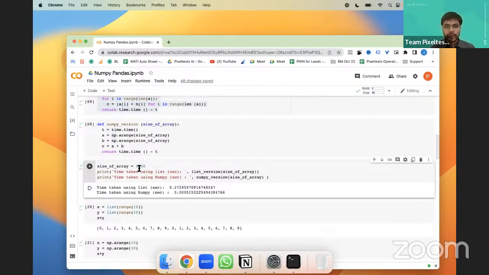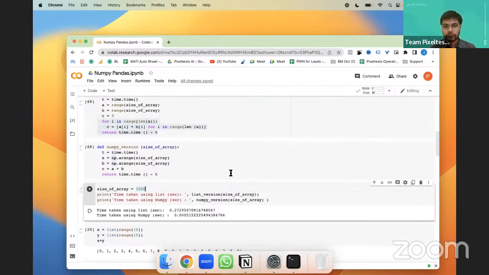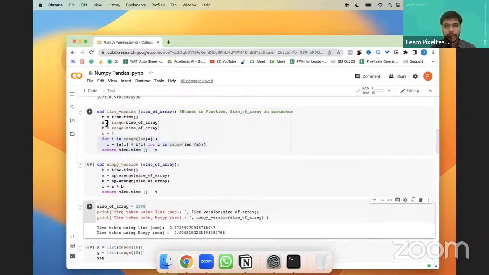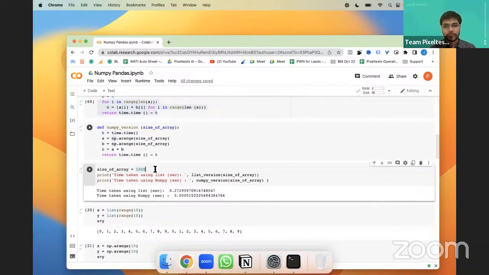So the size of the array is 1000, and when the list version took 1000, it printed 0 to 1000 and b 0 to 1000, started adding 0 with 0, 1 to 1, and everything got added like that. To run that, it took 0.27 seconds.